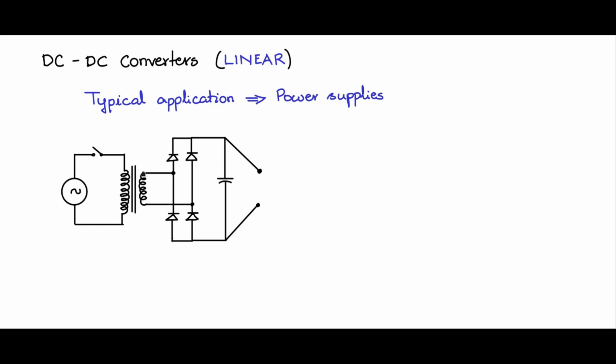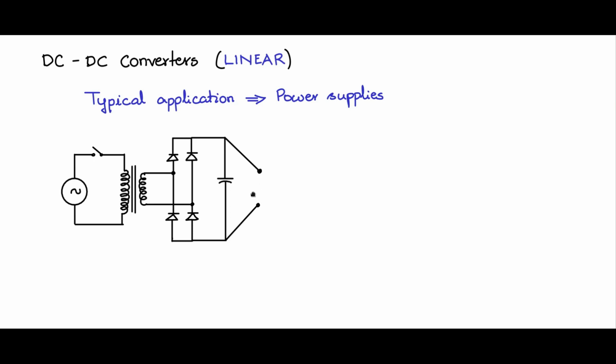You can have step down. So you have 230 volts on this side, 325 volts peak, and here you may want a 15 volt power supply. The transformer will do the job of scaling. And especially for low power systems, low power supplies, the choice of using the transformer will be a good one, especially from the point of reliability and functional spec.